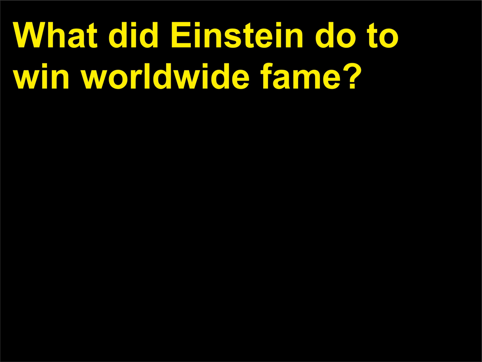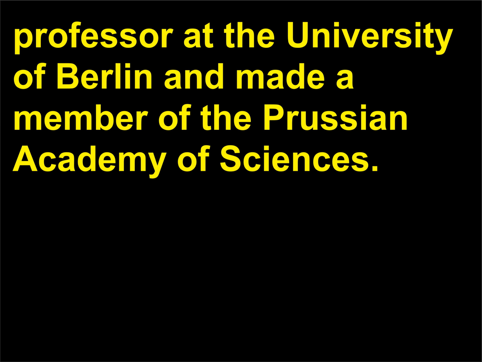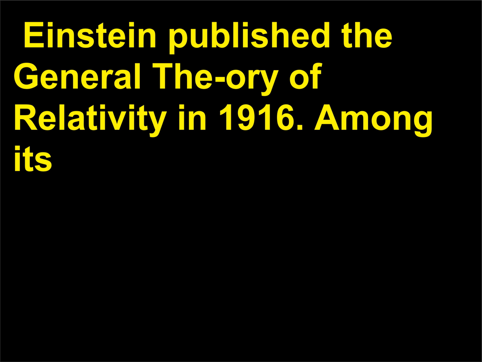What did Einstein do to win worldwide fame? By 1914 Einstein's accomplishments were well accepted by physicists and he was appointed professor at the University of Berlin and made a member of the Prussian Academy of Sciences. Einstein published the general theory of relativity in 1916. Among its